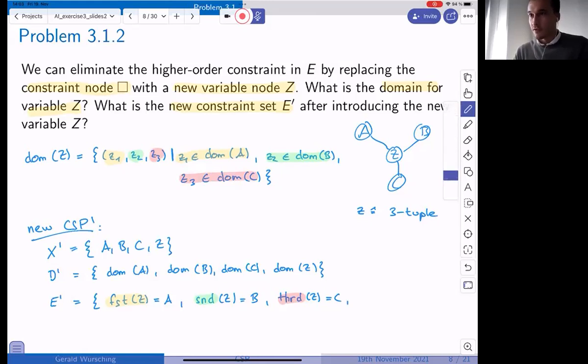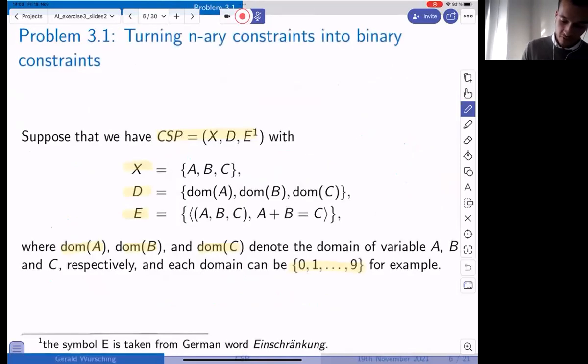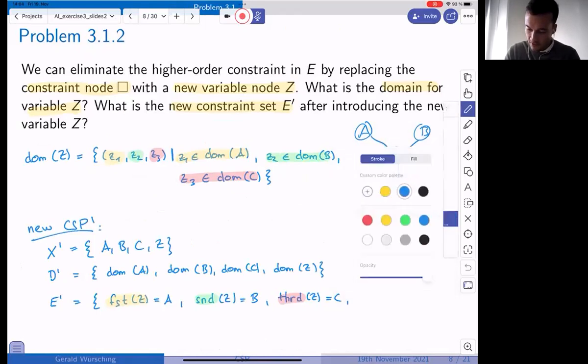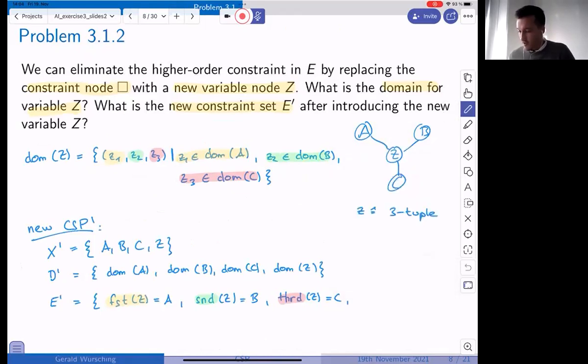And then we have the fourth constraint. Because if we go back to our original problem, we saw that our original constraint had this here. A plus B has to be C. This is our higher order constraint. And now what we have to do is we have to still write this additionally into our constraint set. And in this case, it's pretty simple because we say that our constraint is just that.